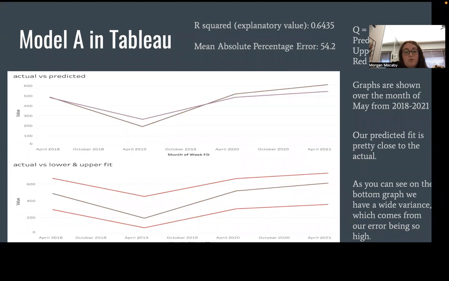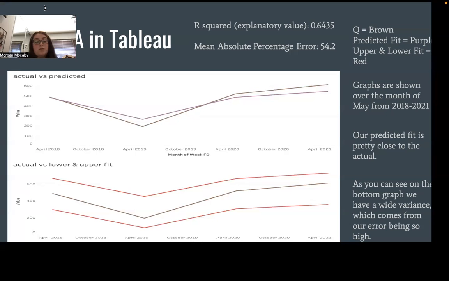And then this is our model from Tableau. So it's showing our actual quantity sold versus our predicted. This is specifically only for the month of May from 2018 to 2021. So we can kind of use it to predict 2022 Memorial Day. So the brown is our quantity, and then the predicted fit is our purple, and then the red is the